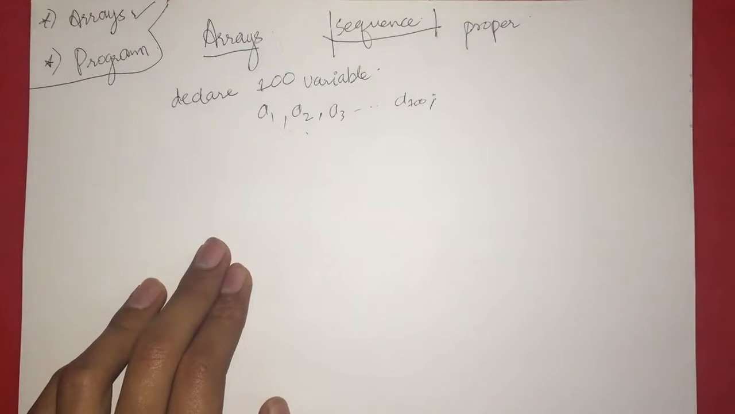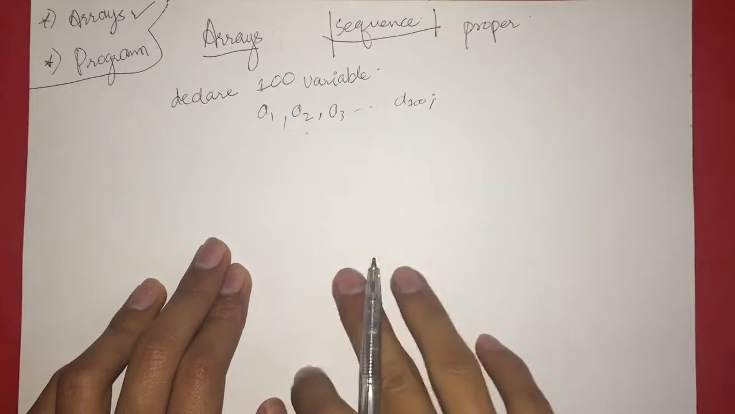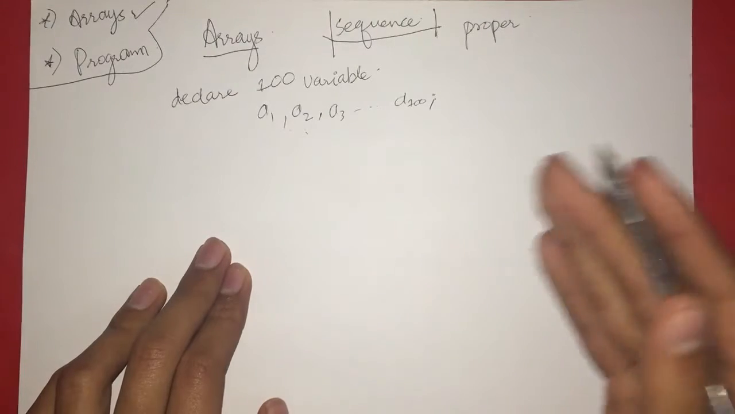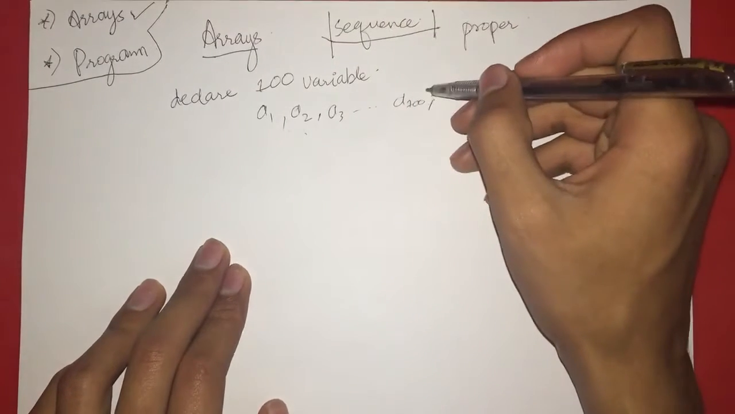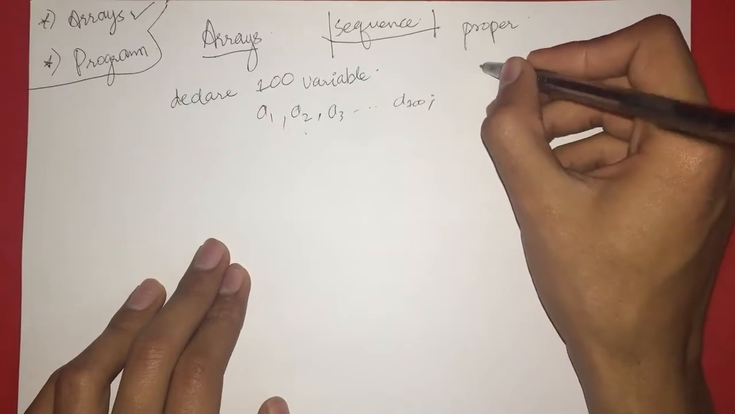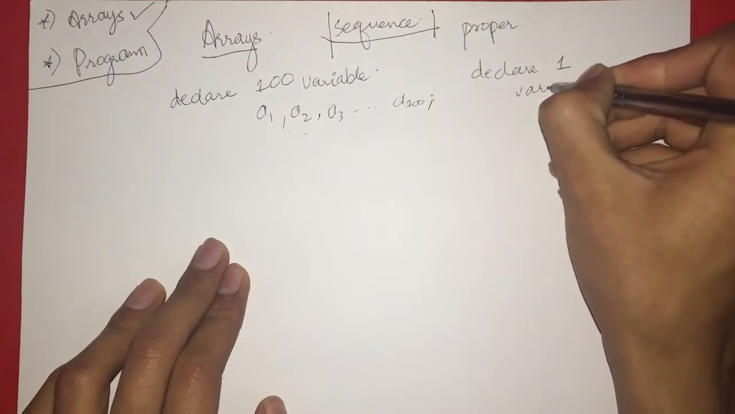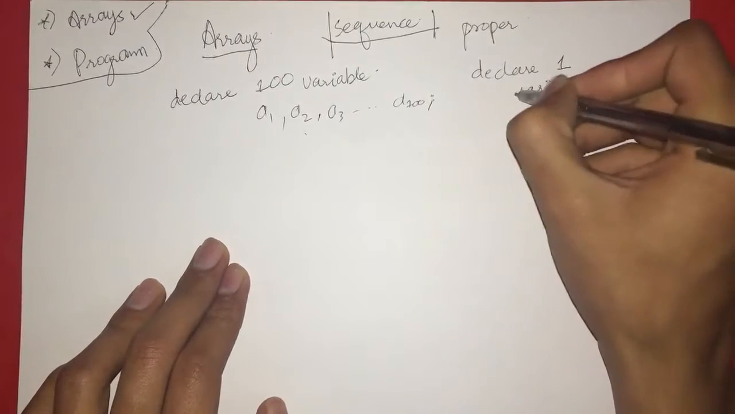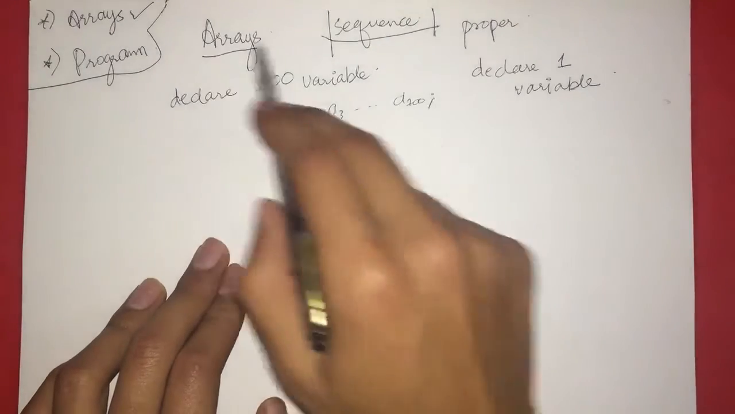As I stated earlier, the components of an array have the same data type, and they are combined in a sequence. So you don't have to declare many variables; you can just declare one variable instead. And that variable is, when you declare an array,